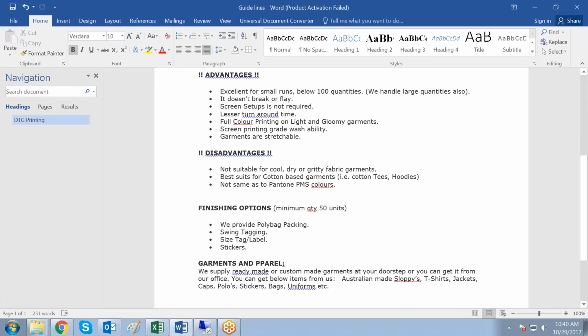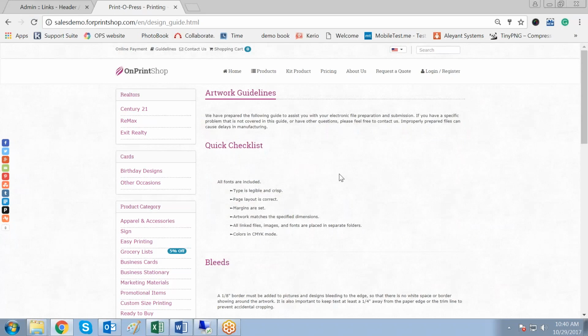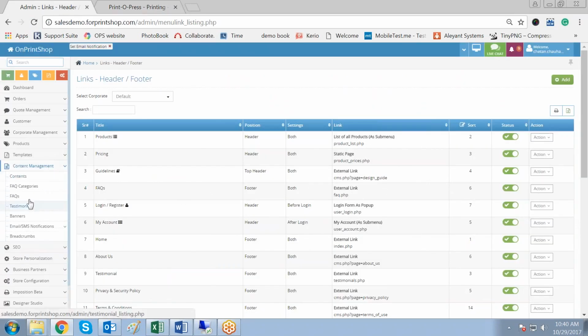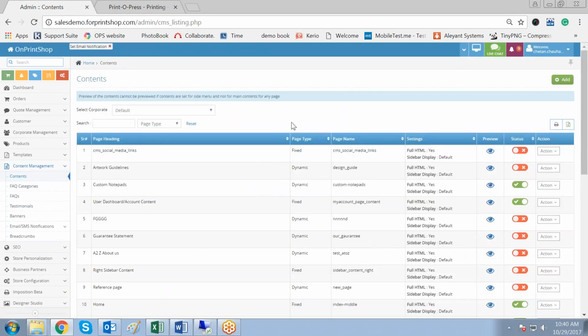So for that you have created a Word document for this DTG printing, and you want to place this information on your website. So let us create a content page and then we will place a link on the website somewhere here. For that you have to go to content management, click on content, and then to create a new page you have to click on add. You can definitely add it on this page. You can create an addition and create a link on this page, modify this page, but let us create a new